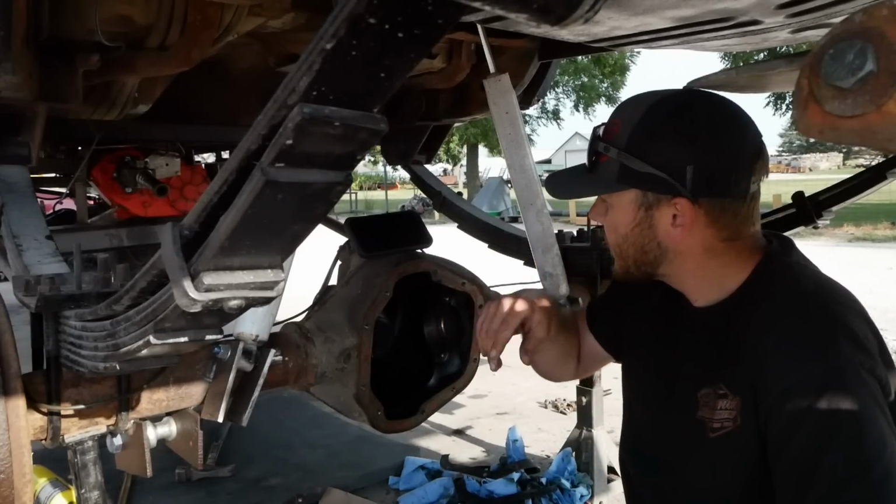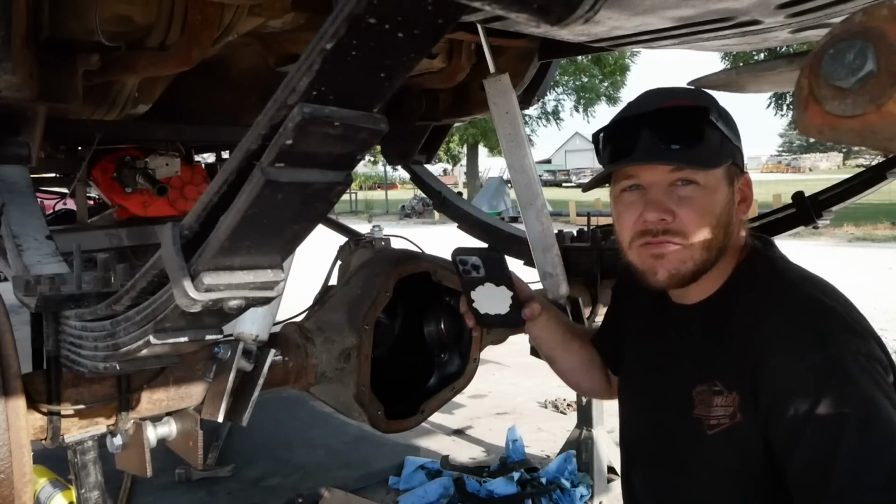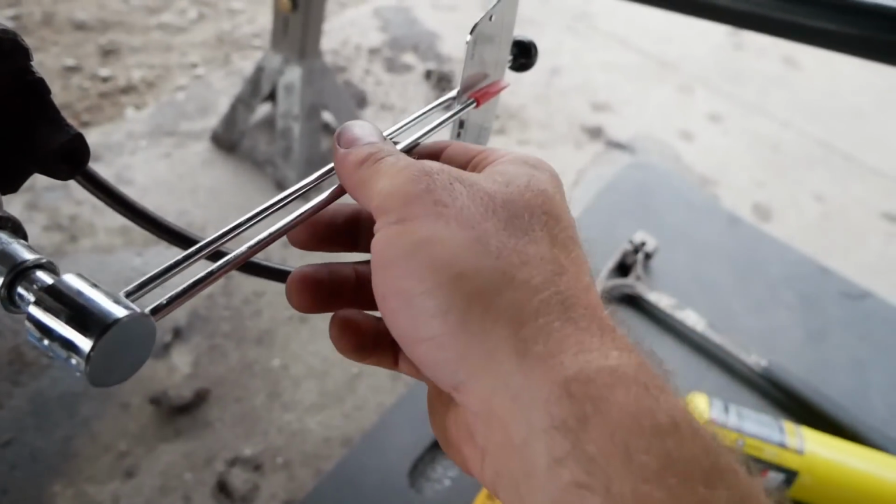Alright, we got that in. We'll go ahead and throw a crush washer on the back side, put the nut on and the yoke, and see where it's at. Alright, so we got the pinion in there. I had to run and buy this